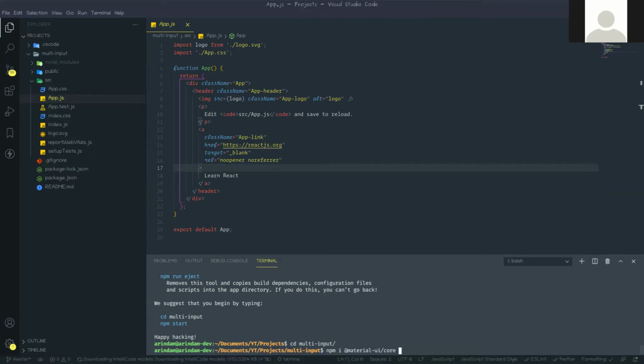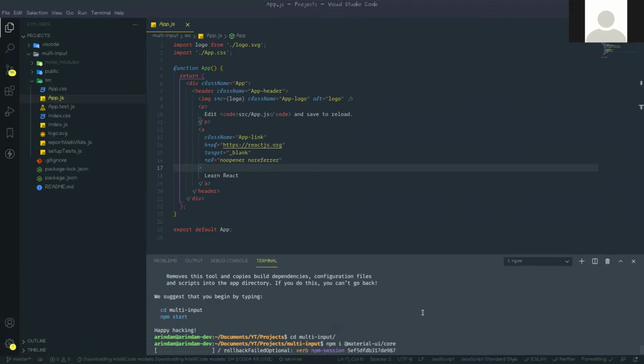Okay, so hit enter. Okay, another thing we need to install, I think. Oh, okay, hit enter, no issues. So Material UI core is actually the React CSS framework, the UI framework. So we are using Material UI to build those text boxes and that button.